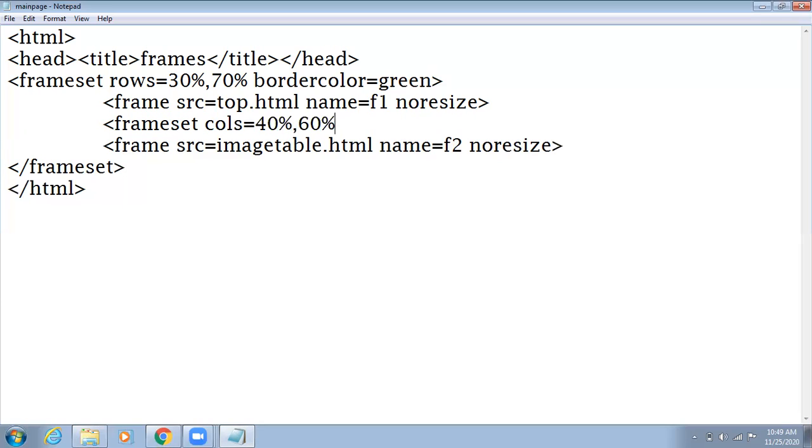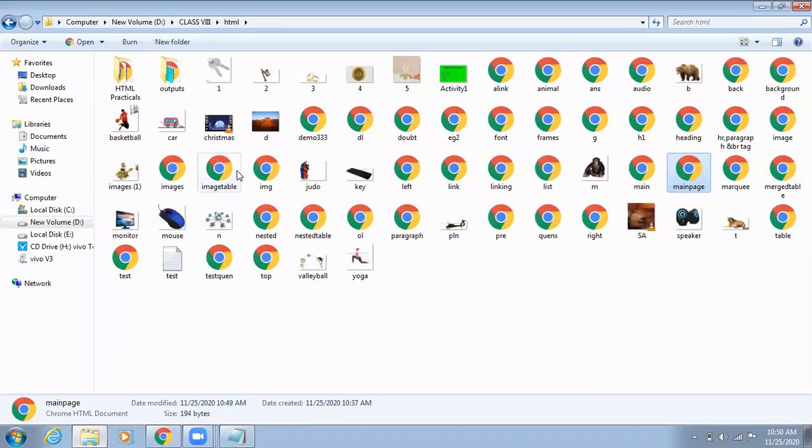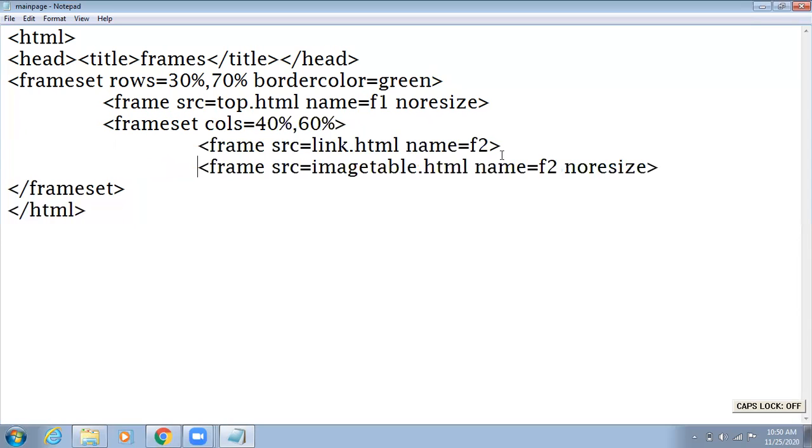The total should always be 100. Now frame src equals to, let us take one more page. I'm taking this page, link.html. Name equals to f2, and we should change the name of this frame, so I made it f3 now.